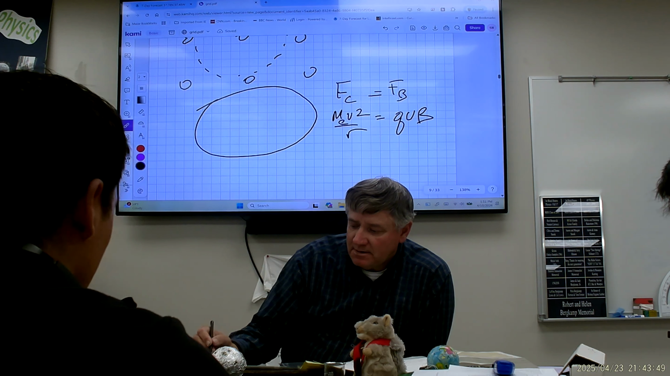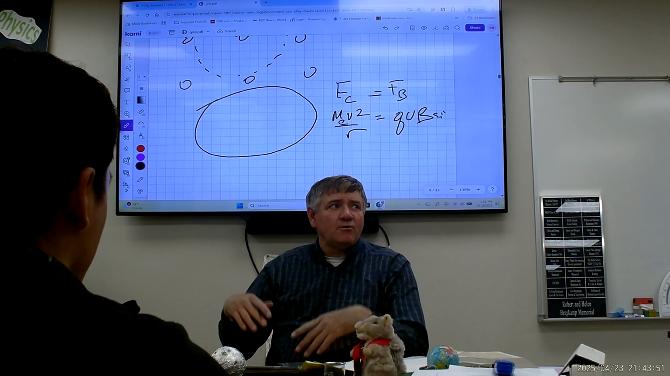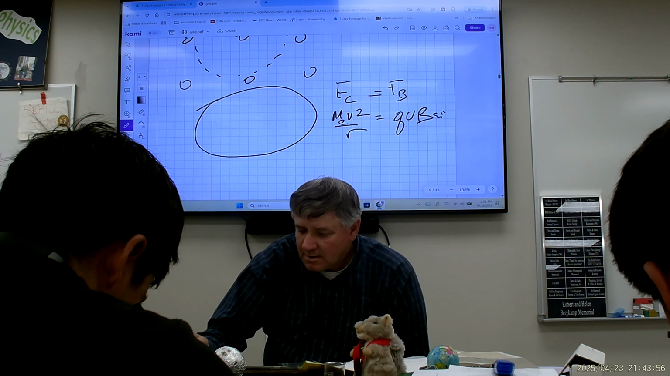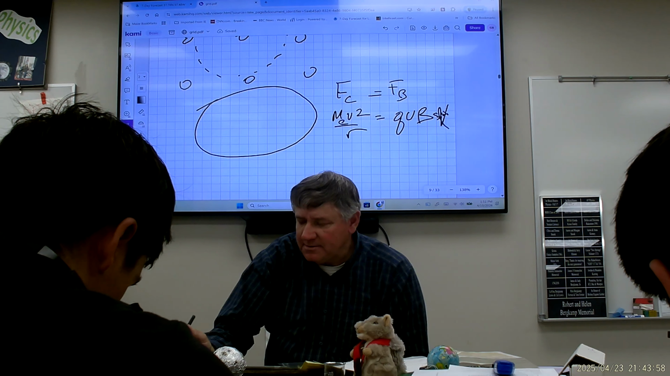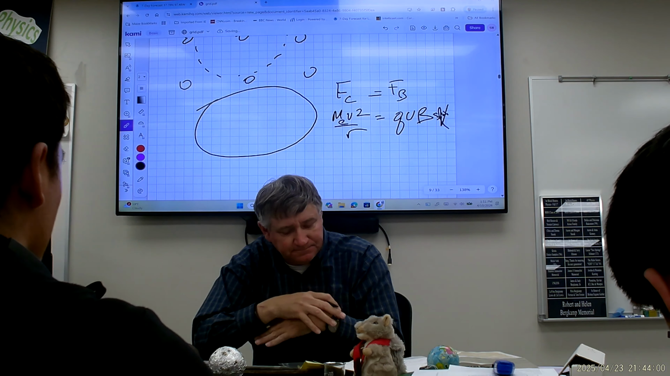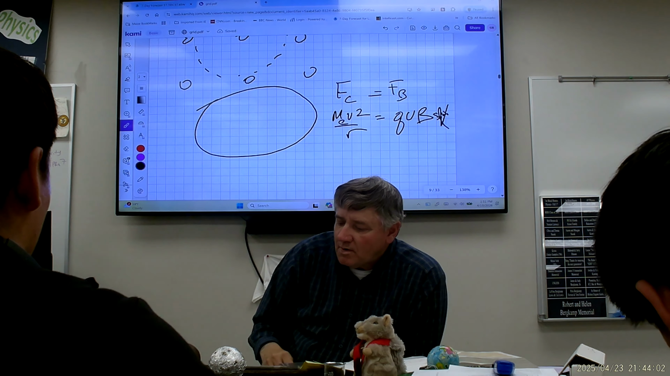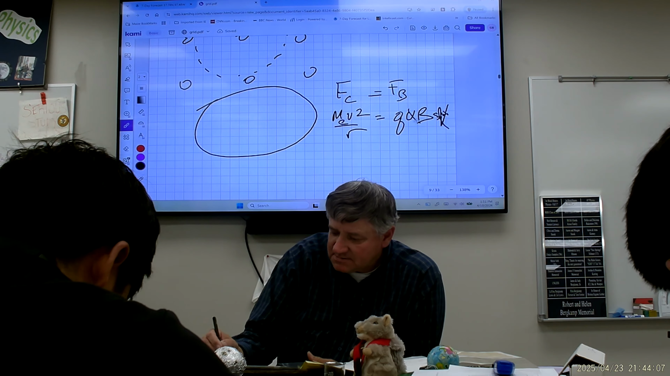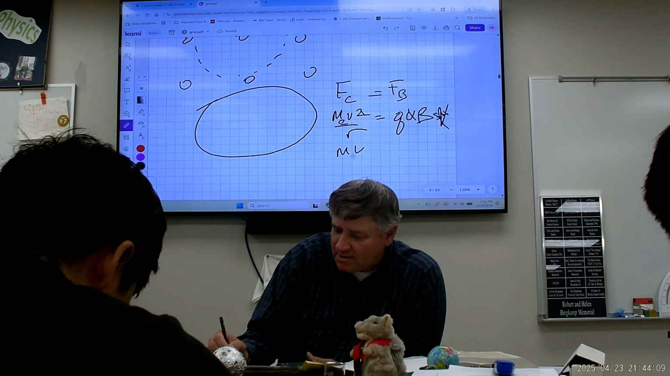qvB sine theta. But don't worry about the sine theta part because it's going to be at a right angle, a 90-degree angle. So, what's going to happen to one of the v's? I want to cancel out one of the v's, so I have mv over